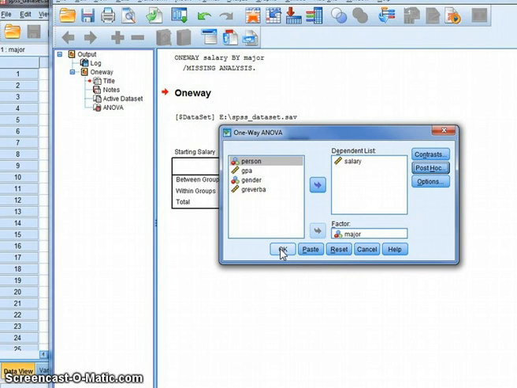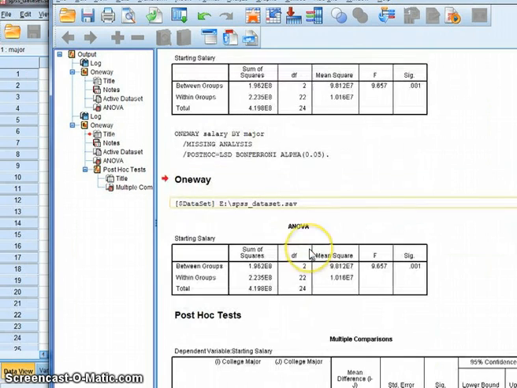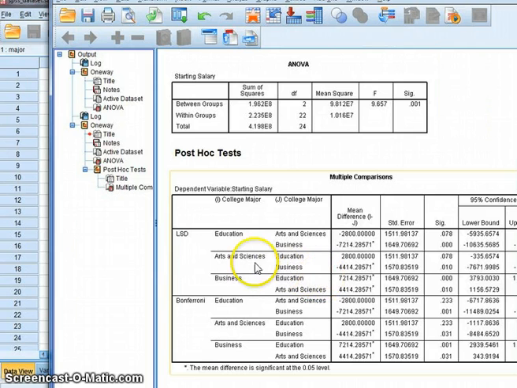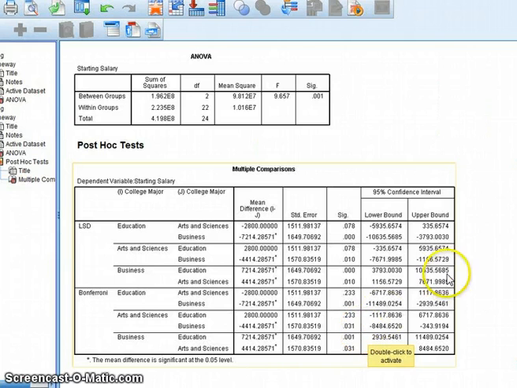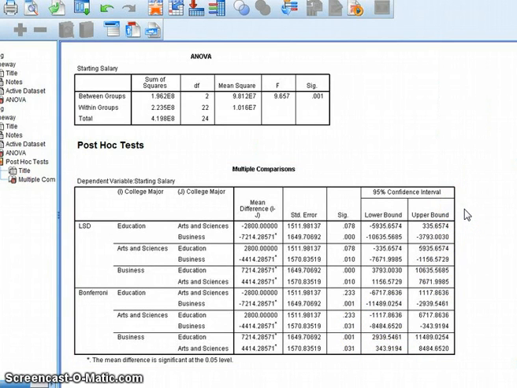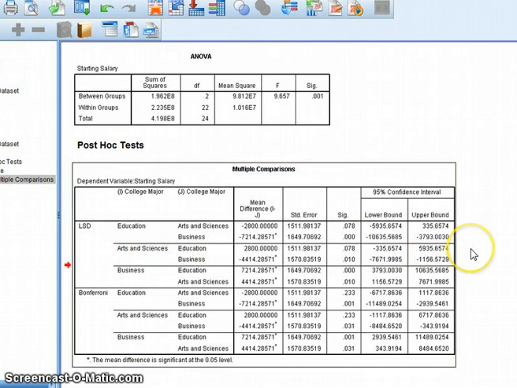Now I'm going to click on OK. I basically will get the same table again. Notice that it's the same table, but in addition to that, I'm going to get this table, which allows me to determine what groups seem to be different. So notice that here I have one set of outputs for LSD and one for Bonferroni. And notice that I have here one college major, education, and arts and sciences and business. So what this